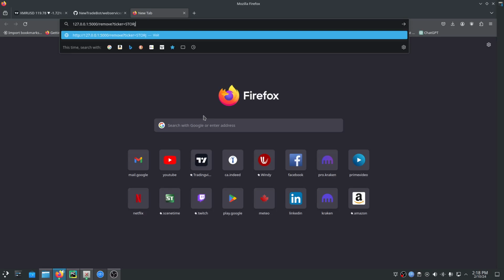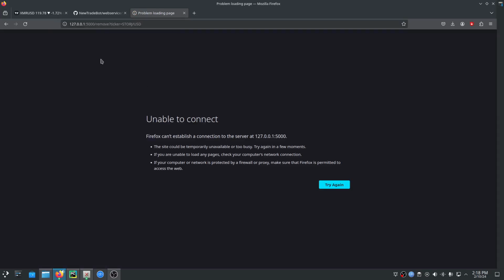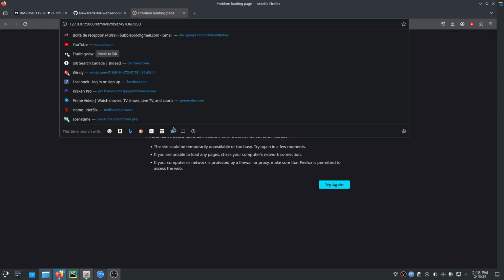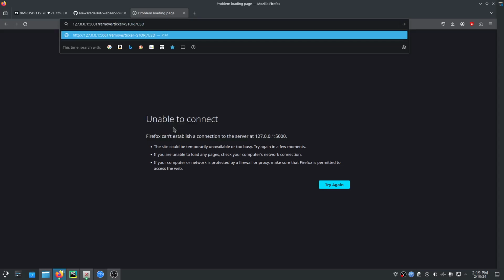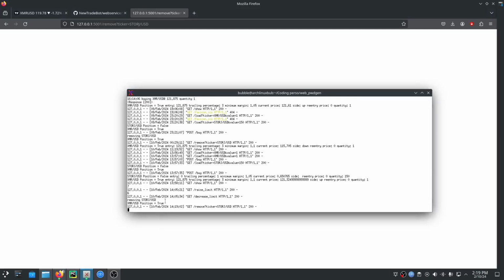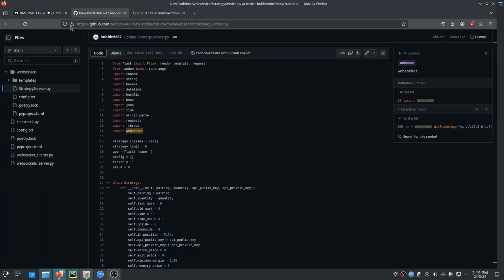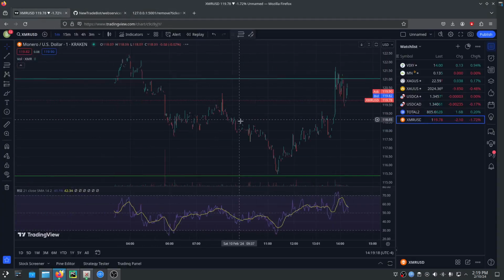Yes, wrong server. That should work. So if you go here, we remove storage SD, so we only have XMR left, which we're positioned in and waiting. This XMR trade, I manually set it up yesterday just to test, and